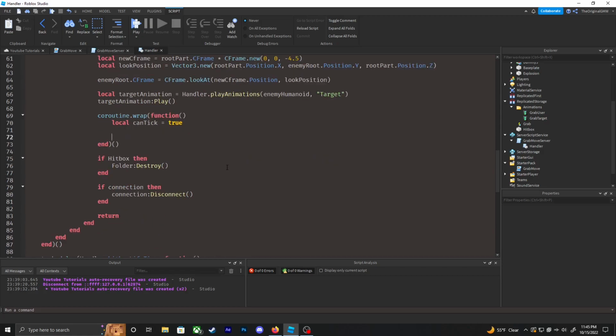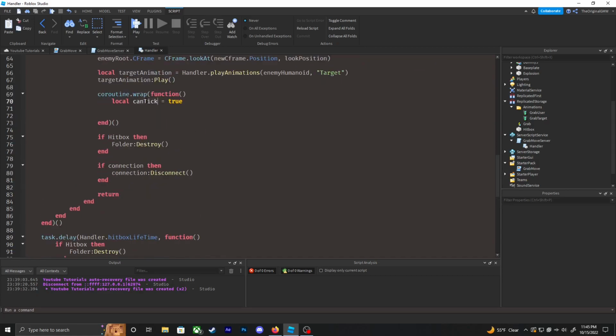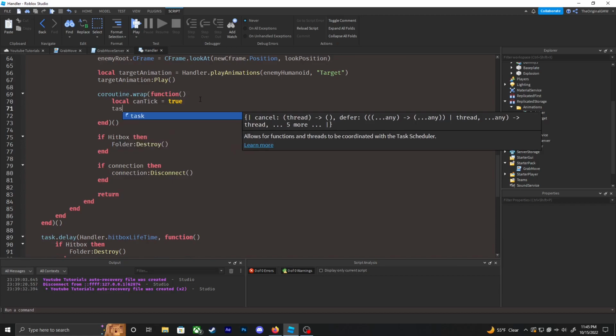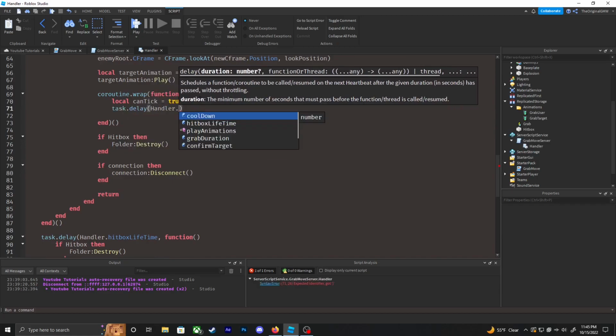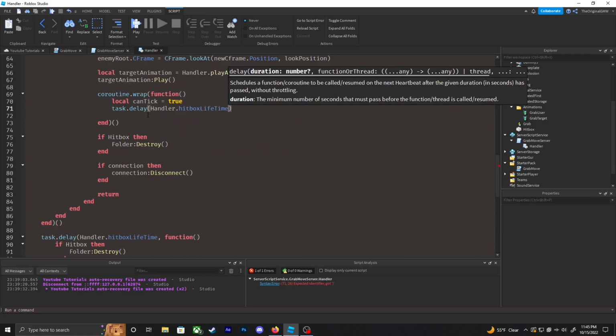Sorry for the haircut. So yeah, we're gonna do a tick rate. Just gonna do like a simple while loop and can tick. I'm gonna do task.delay handler dot hitbox lifetime